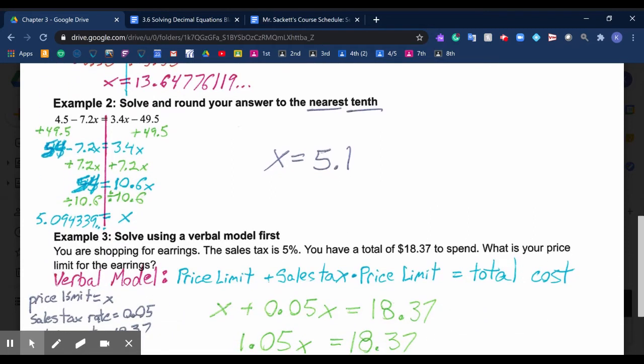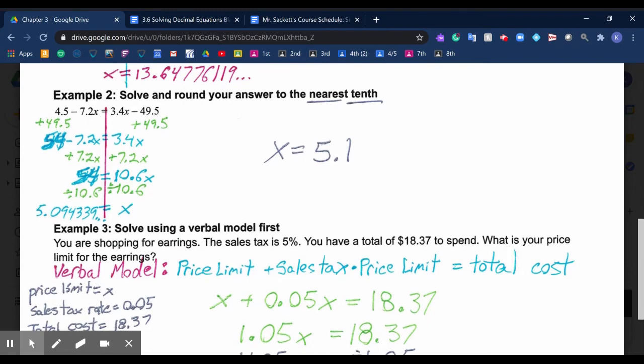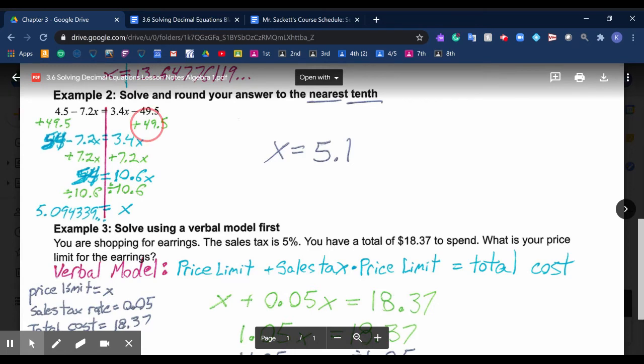In example 2 says solve and round your answer to the nearest tenth. So in this case, we're rounding to the tenth or one decimal point, but we won't do that till the very last step. So I added 49.5 to each side, making it 54 minus 7.2x equals 3.4x. My variable is still split to both sides, so I want to get that over to one side. So I added